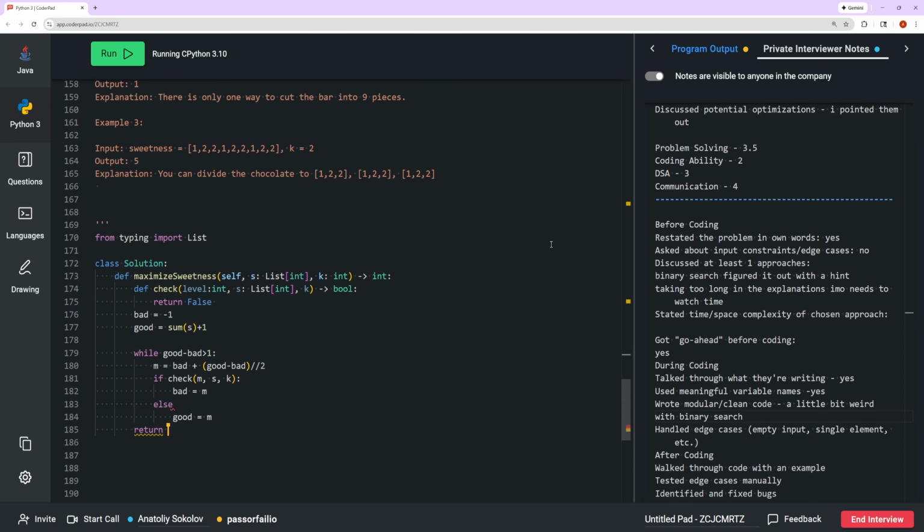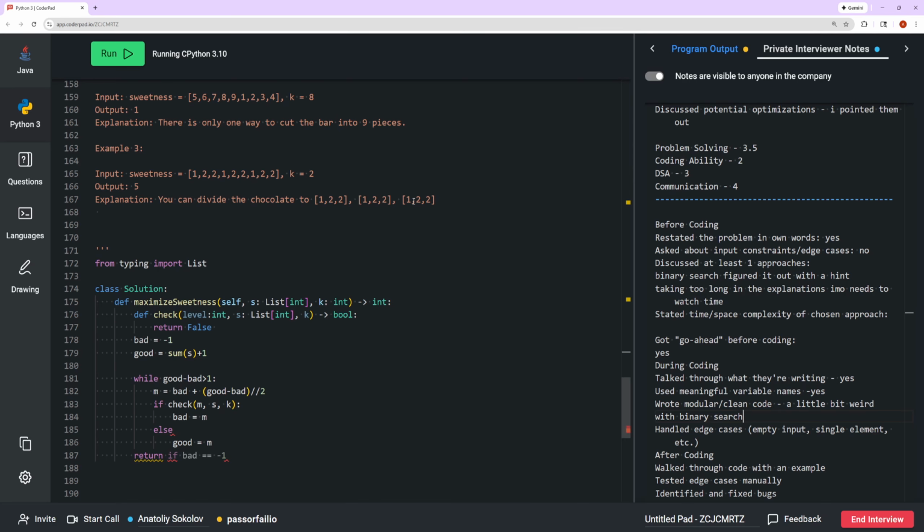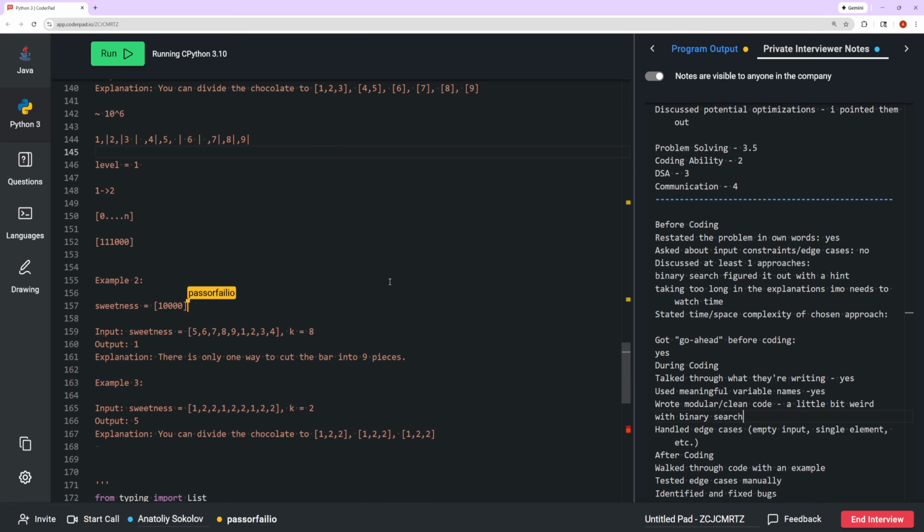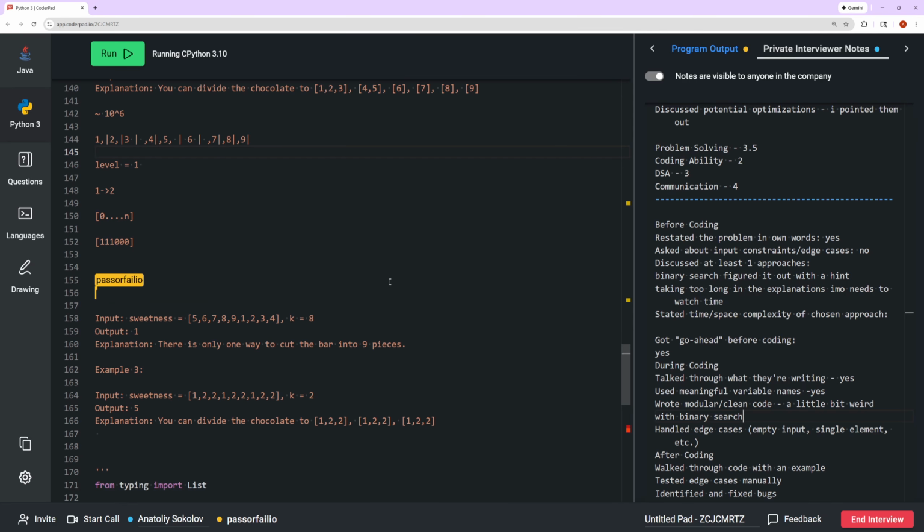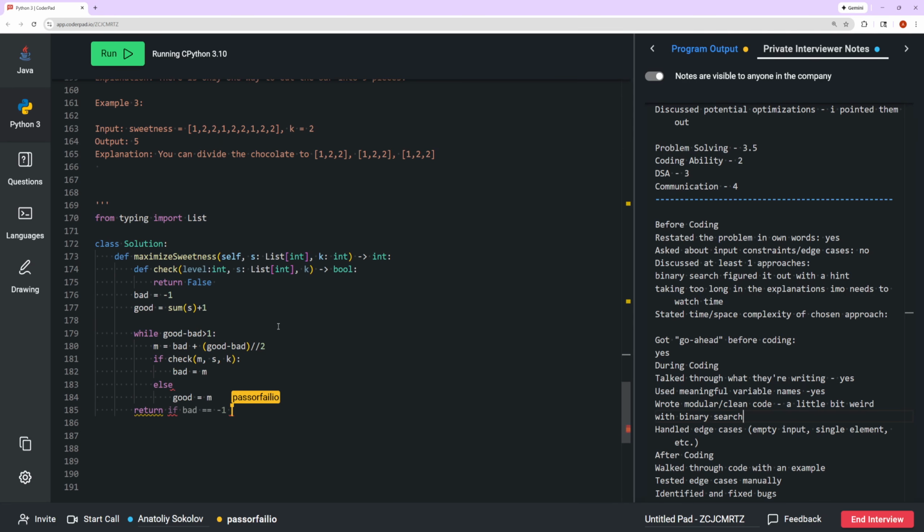So it might be a situation when this array is not valid, and the bad is pointing to -1. So in this case, if bad is pointing to -1... how can it not be valid, like ever? Let's assume we have sweetness array equals just 1 million or something like that, and k is equal to... Oh, so you don't have enough pieces, I see. Yeah. Okay, sure. So if bad is equal to -1, I return... so if it's not equal to -1, I just return